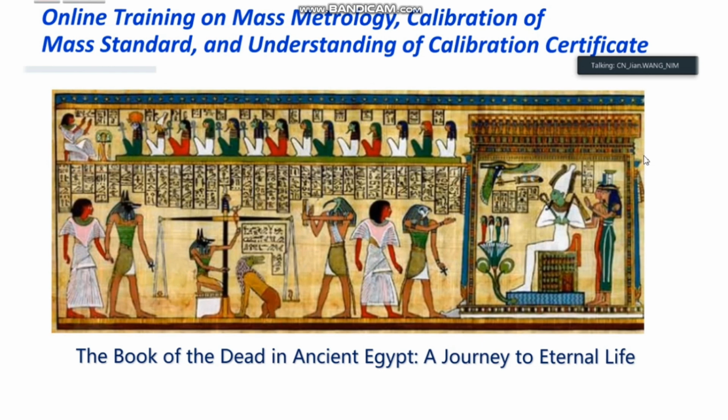The final and most important stage in the journey of the dead was the trial in the Hall of Judgment. The balance in the picture is used to compare the weight between the dead person's heart and the feather of truth. You can see this balance. Yes, this part is the heart, this is the feather of truth. The dead person's heart is on the left pan. The feather of truth is on the right pan.